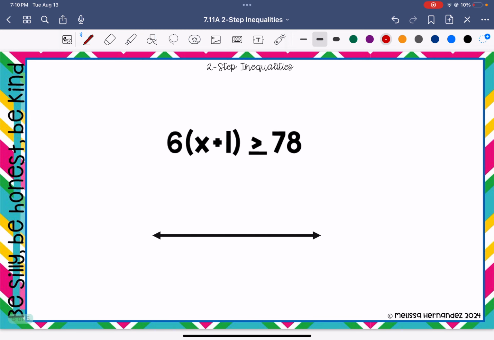All right, now we cannot do any inverse operations yet. We first need to clear that parentheses. This means 6 groups of x plus 1. So if it's 6 groups of x plus 1,